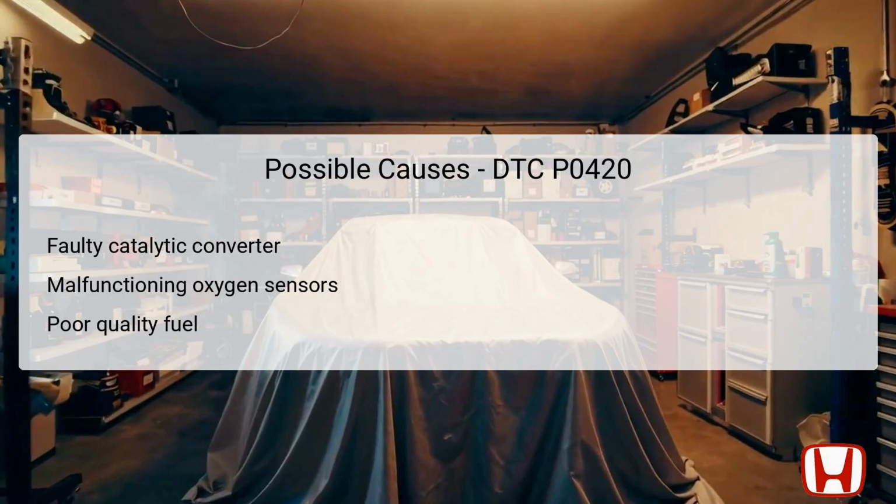Several factors can lead to the triggering of DTC P0420. A faulty catalytic converter is the most likely cause, indicating it may no longer effectively convert harmful exhaust gases. Oxygen sensors, specifically the secondary heated oxygen sensor, HO2S, may also be malfunctioning, which can mislead the ECM about exhaust efficiency. Additionally, poor quality or contaminated fuel can result in incomplete combustion, leading to increased emissions that the catalyst cannot